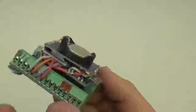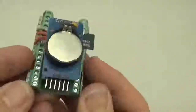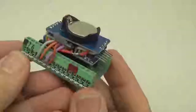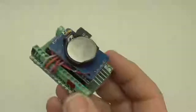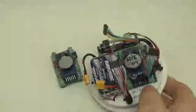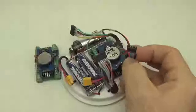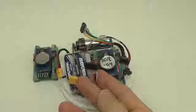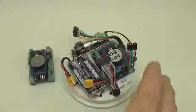Okay, so in the last set of videos we built the logger stack, which is a complete standalone unit. But to make a full deployable instrument, you need to add a lot more components, especially the batteries. That's what we're going to talk about here: the stage that takes your logger stack and turns it into something like that. So we're going to be adding the battery holders and the extensions, and in some cases these will be different depending on what you're connecting to your logger. The simple version of that looks like this,